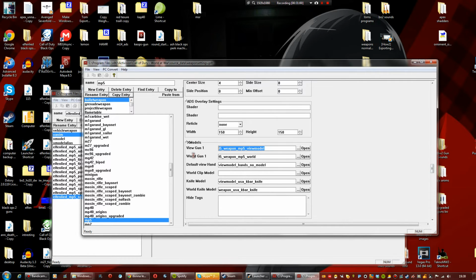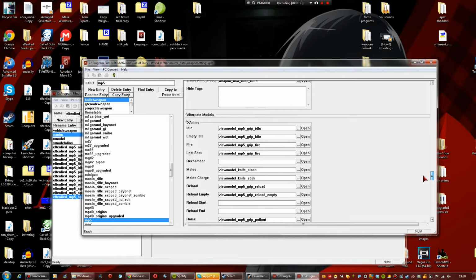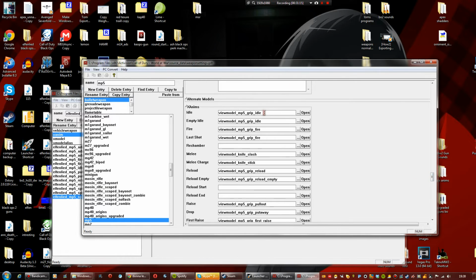Here we go. MP5 VM. I'm going to leave the MP5 world. So it's got T5 weapon in front of it. Okay, so this is where it starts. So I'm going to type in